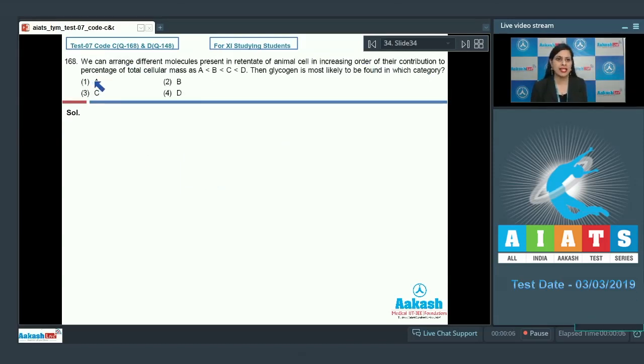Question number 168. We can arrange different molecules present in retentate of animal cell in increasing order of their contribution to percentage of total cellular mass as A, B, C, D. Then glycogen is most likely to be found in which category? Now, if we arrange the molecules present in retentate in increasing order of percentage of total cellular mass as A, B, C, and D, then the molecules in increasing order are